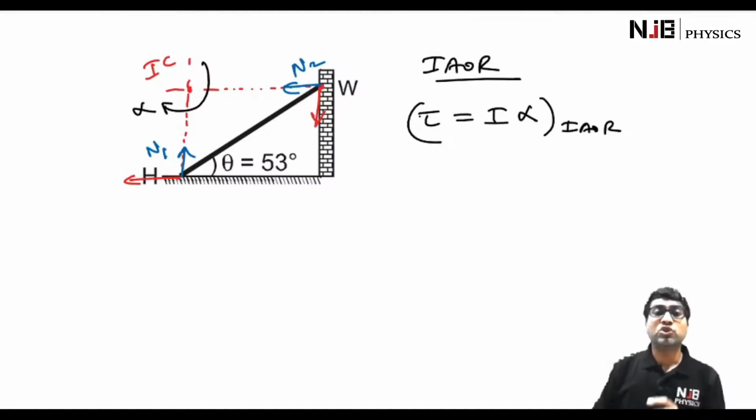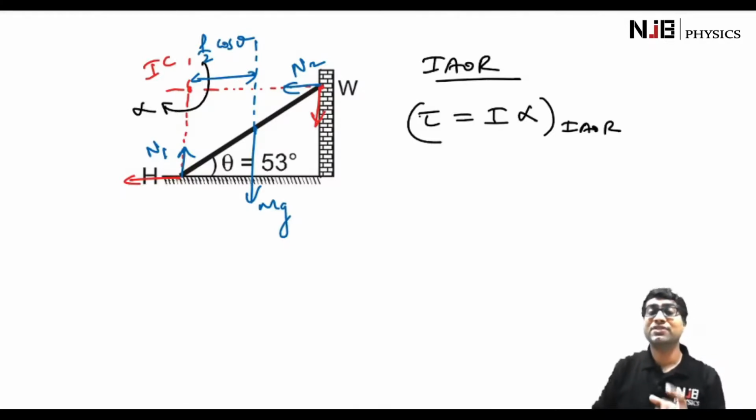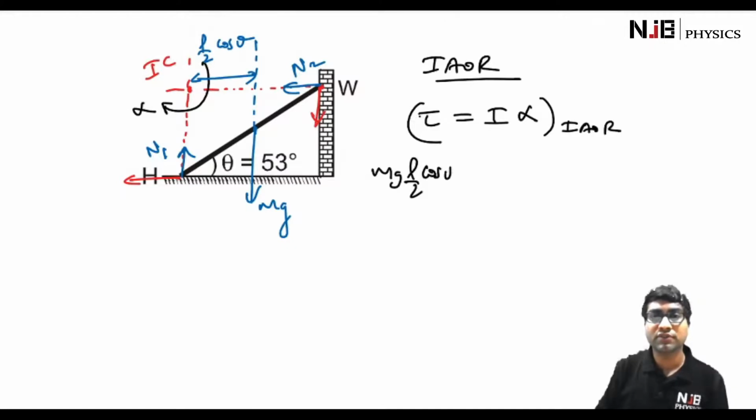So there will be torque only due to the force of gravity, which is the force mg multiplied by its perpendicular distance from this IC. This perpendicular distance is L by 2 cos theta. So the torque about the instantaneous axis of rotation is mg times L by 2 cos theta, which is equal to the moment of inertia about the instantaneous axis of rotation